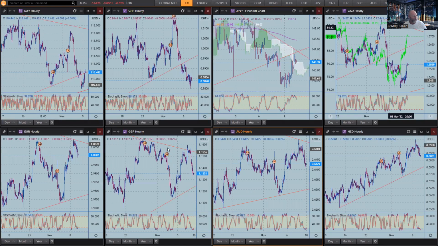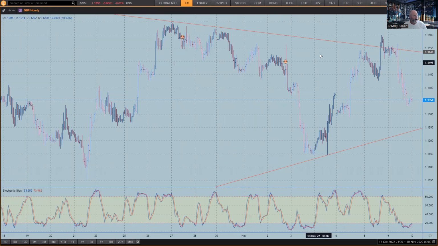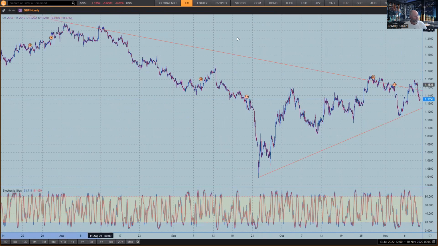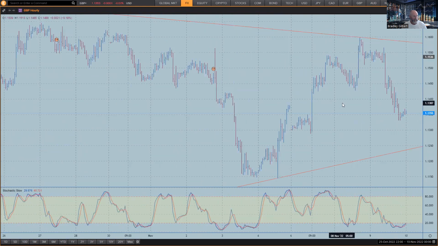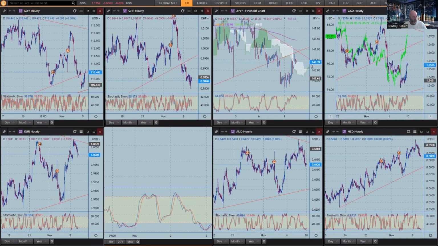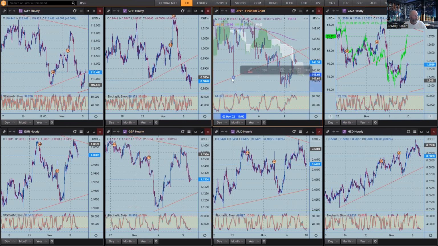So what I will do through the course of the day is I'll just go through here and fine tune all my levels so I know exactly where support and resistance is. I'll know exactly how far they are to trend lines, and that'll help me strategize the execution of the opportunity. And it's going to make things a hell of a lot easier for you, because you're going to have enough to think about. And if you haven't been trading long, there's a rise of pressure, anxiety, at the time of the release.